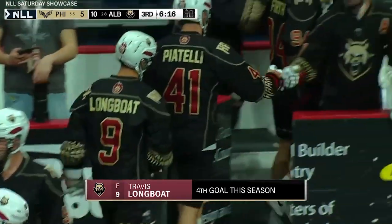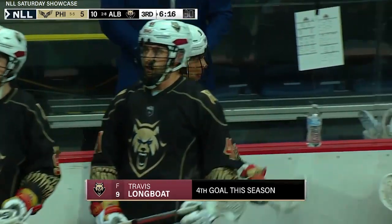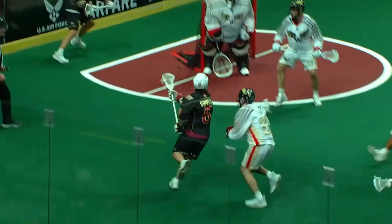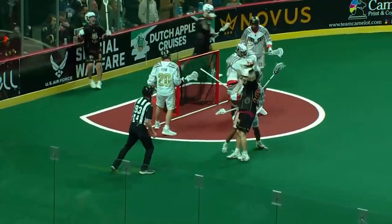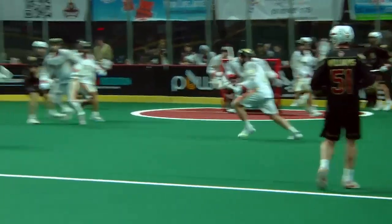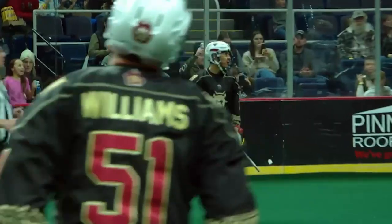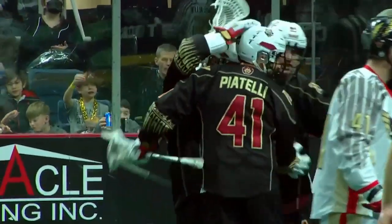Well, Travis Longboat was just the perfect cherry on top of a textbook definition of ball movement. This was incredible. The ball went from the left side to the top, to the right side, to behind, all the way back to Longboat. It touched every aspect of the offensive zone, and then Longboat finishes that one off, and that will chase Nick Damude to the bench as Deacon Knott